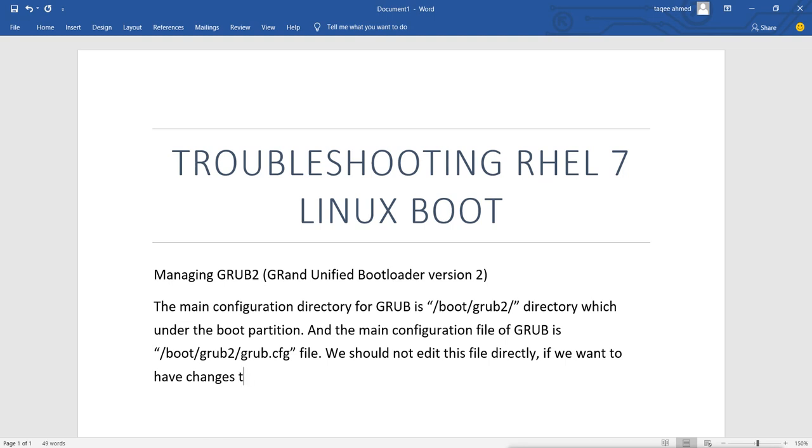then what? Then we can make changes in the available templates, the templates which are available under the grub.d directory.